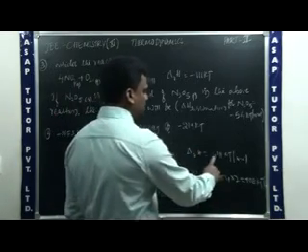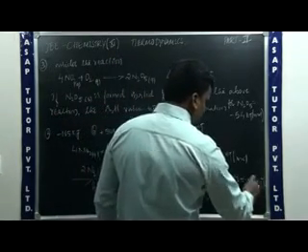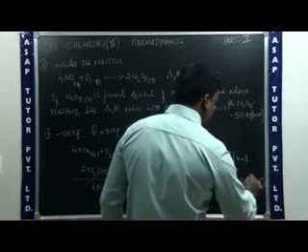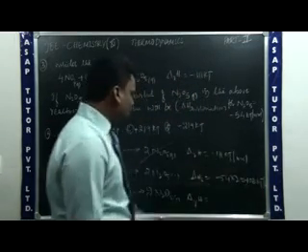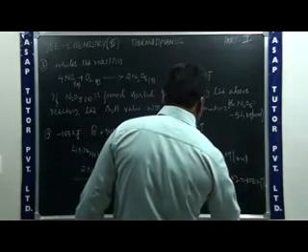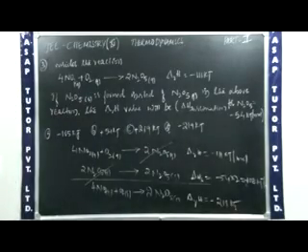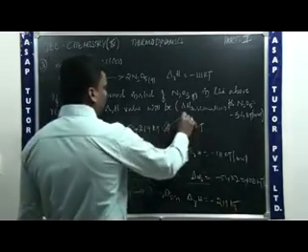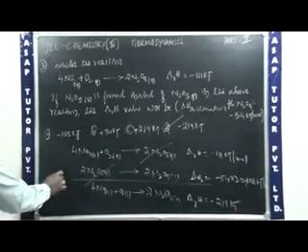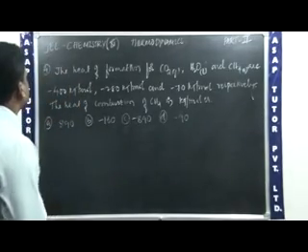So this is minus 111, this is minus 108. If we add both values, we get the answer, minus 219 kilojoules of energy. So therefore, the right answer is D, minus 219 kilojoules of energy, that is the value of delta H. Now we'll pass on to the fourth question.